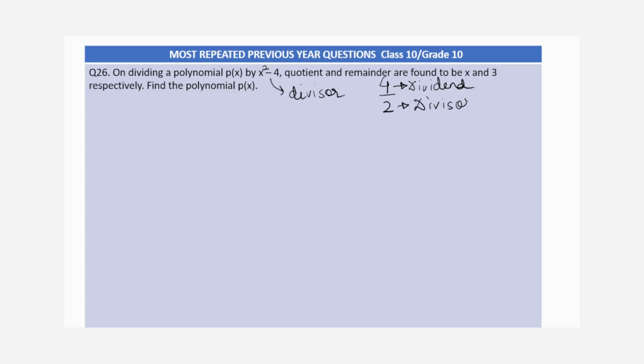Similarly, I am dividing in this case px by x square minus 4. So x square minus 4 is my divisor, and quotient and remainder are given. Now what is the formula between dividend, divisor, quotient and remainder? Let's refresh our memory. If some of you don't remember, then we can refresh the memory now. Dividend is equal to, dividend here in our case is polynomial px, which we don't know, is equal to divisor into quotient